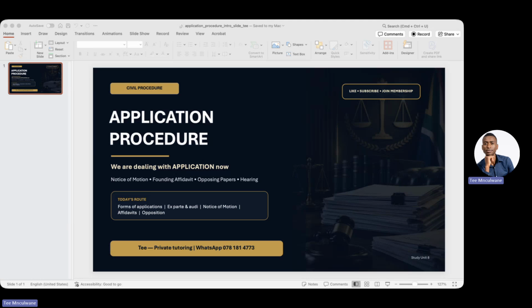Why? Because courts are generally careful about making orders that affect someone's rights without giving that person a chance to be heard, right? So imagine your neighbor is digging near your boundary wall and you believe the digging may damage your property and you want a court order stopping the neighbor from continuing. Because your neighbor's rights will be affected by that order, the neighbor should generally be given notice. They must receive the application papers and be given a chance to respond. Now, this is an on-notice application.